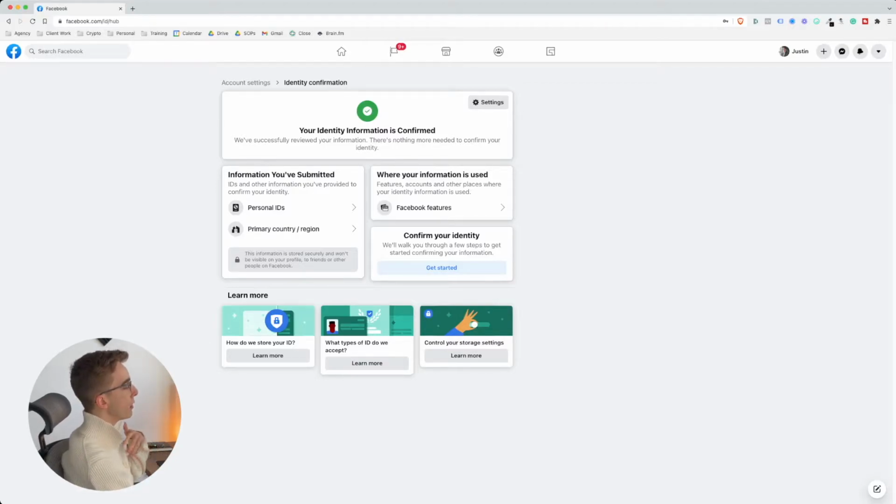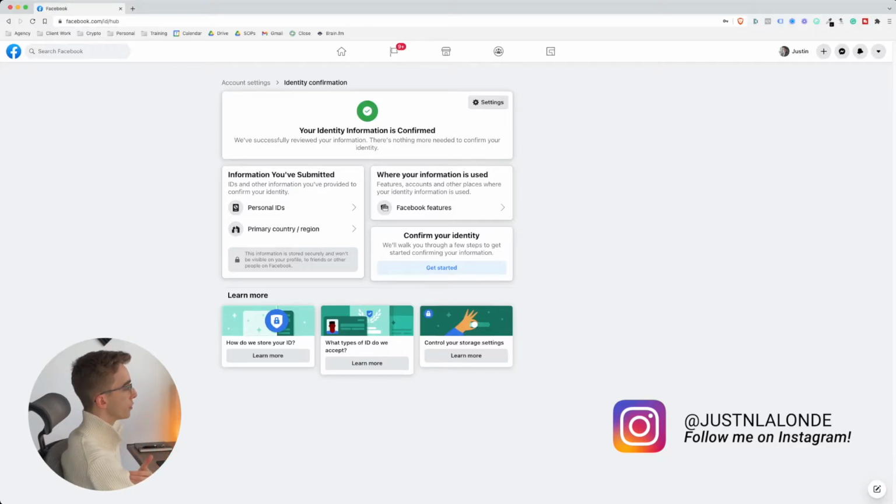And then when you become the main admin of an ad account, you have a lot lower chance of getting your ad account banned. So this dramatically reduces your risk of getting banned with your ad account, because again, you tell Facebook that you're a real person. It's basically the same as, you've probably seen other videos on the channel, and if not, I invite you to check them out, where we discuss business manager verification, which tells Facebook that your business is a real entity, a real and operating business. Or you're doing the same thing with your own profile. You're telling Facebook, hey, I'm a real human, I'm not just faking this profile,